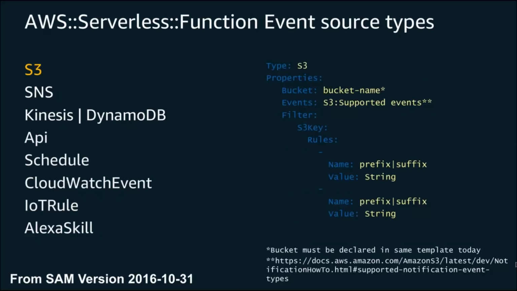So if we look at S3 a little bit deeper, what we can define is the bucket. We can then also filter by a number of supported events. And the documentation covers all of these, whether it be delete object, update object, new object. There's a number of different ones that you could put in. You can also then filter based on things such as the prefix or the suffix in terms of the path of where that object lives inside of your S3 bucket, essentially the key structure.